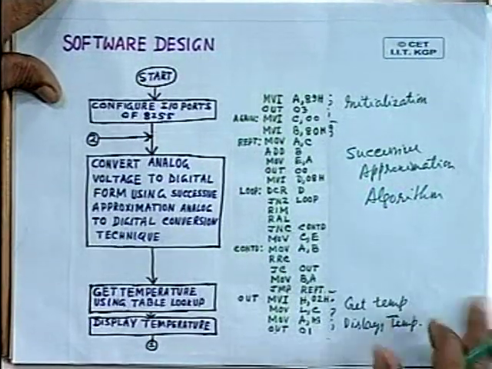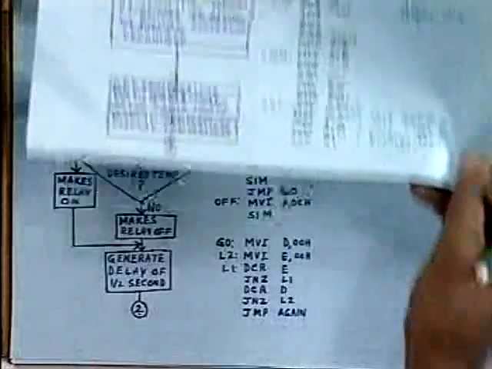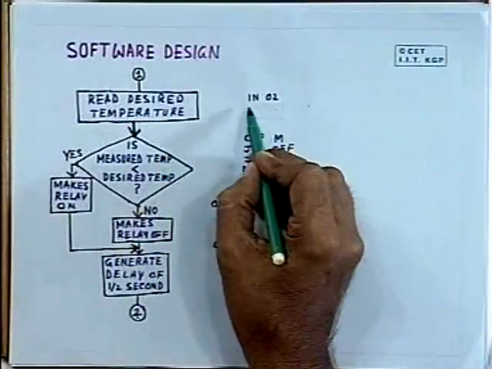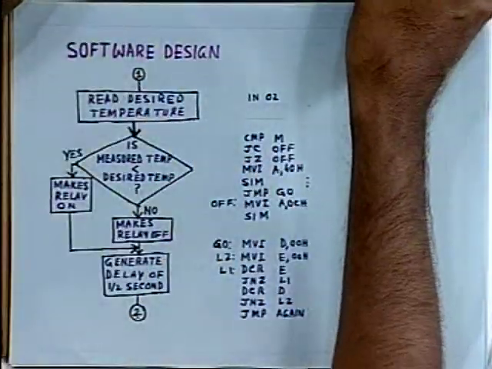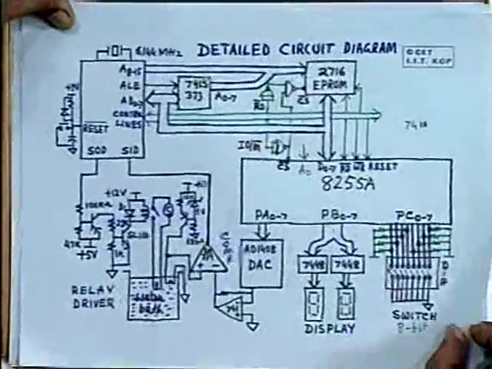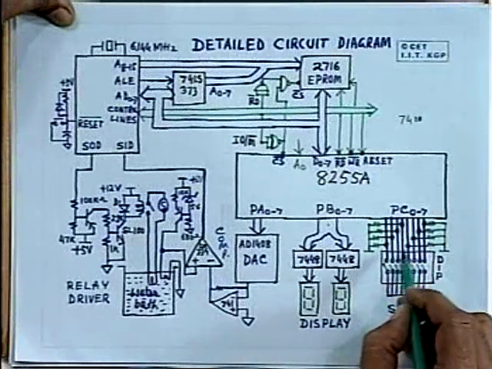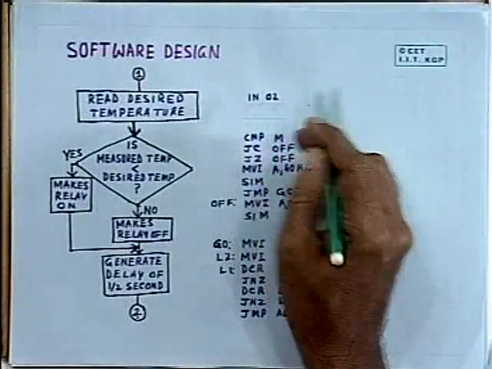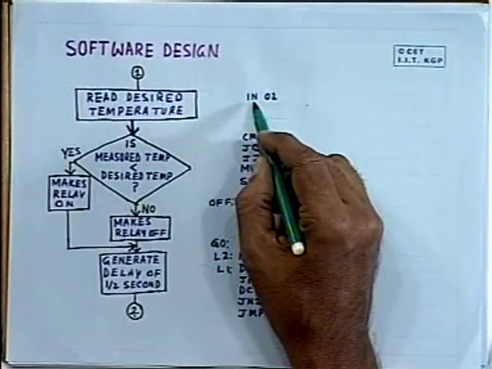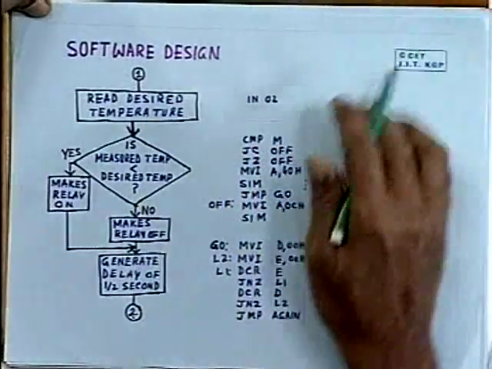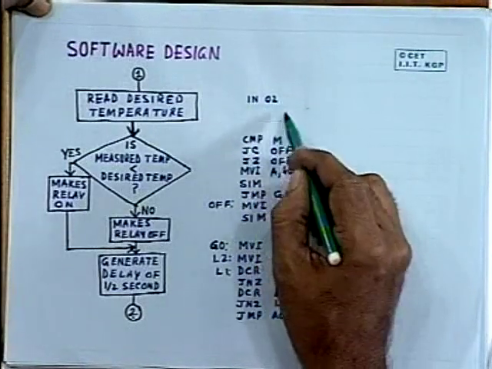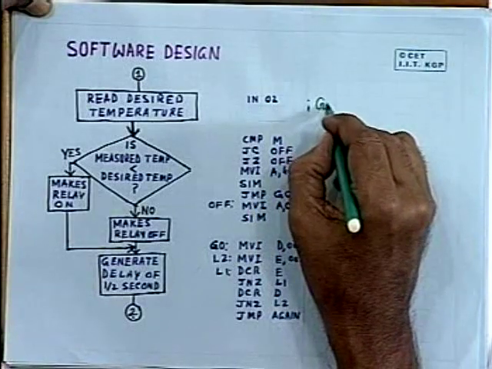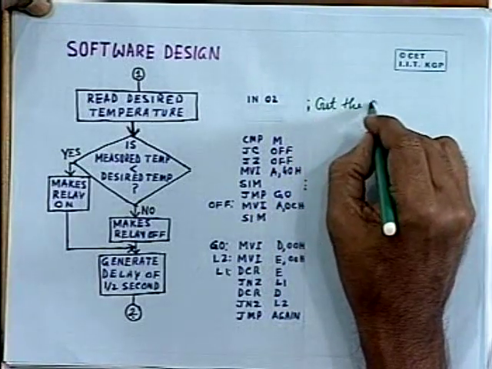So it displays the temperature in this part of the program. After that, you read the desired temperature. Since this is connected to port A, you can see here it is connected to port C. Port C address is 02. So you are reading the temperature that the user wants to get. So after getting the desired temperature,